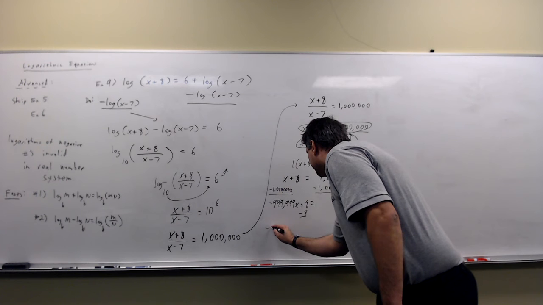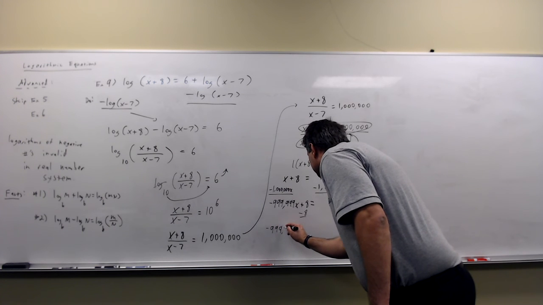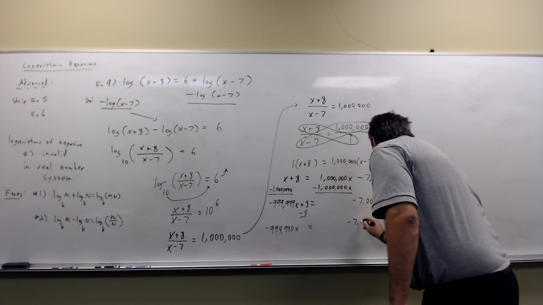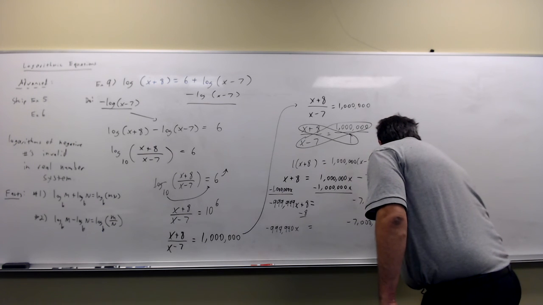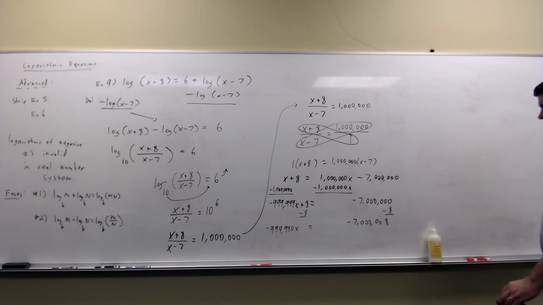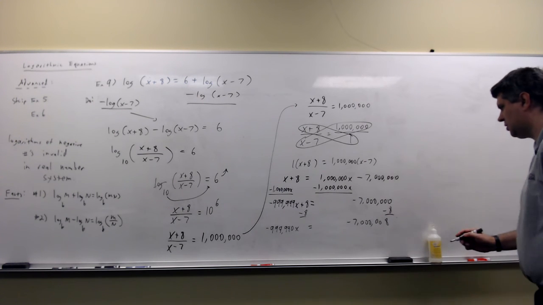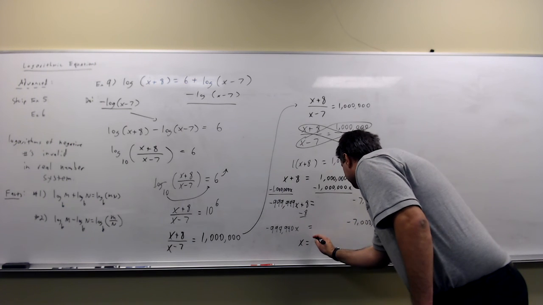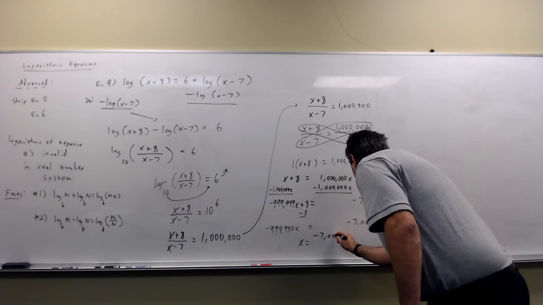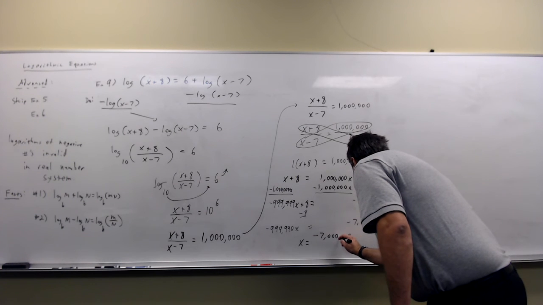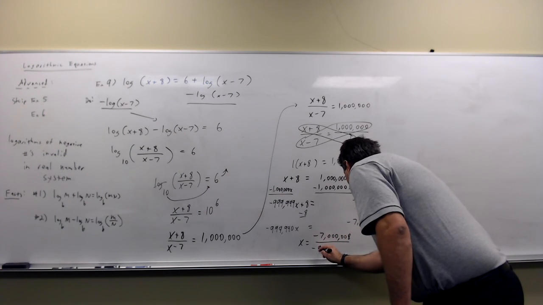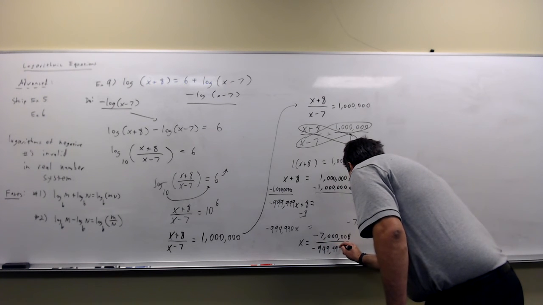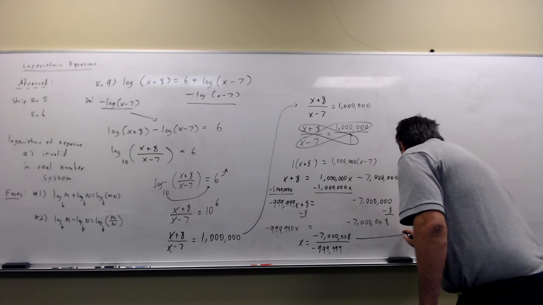So I end up with negative 999,999x equals negative 7,000,008. So divide that off. x equals negative 7,000,008 over negative 999,999. The negatives cancel, leaving me